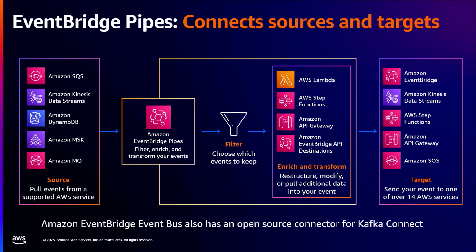And then central to Pipes is the ability to filter, so you can choose which events you want to keep. And then there's also this enrichment and transformation step, which is optional, which allows you to go to all these different services to add more information to the data records on your stream, and then send it on to a target. So this enrichment could be grabbing something from something like Zendesk, for example, that can get ticket information from your ticketing system, and then add that into the event before sending it further on.